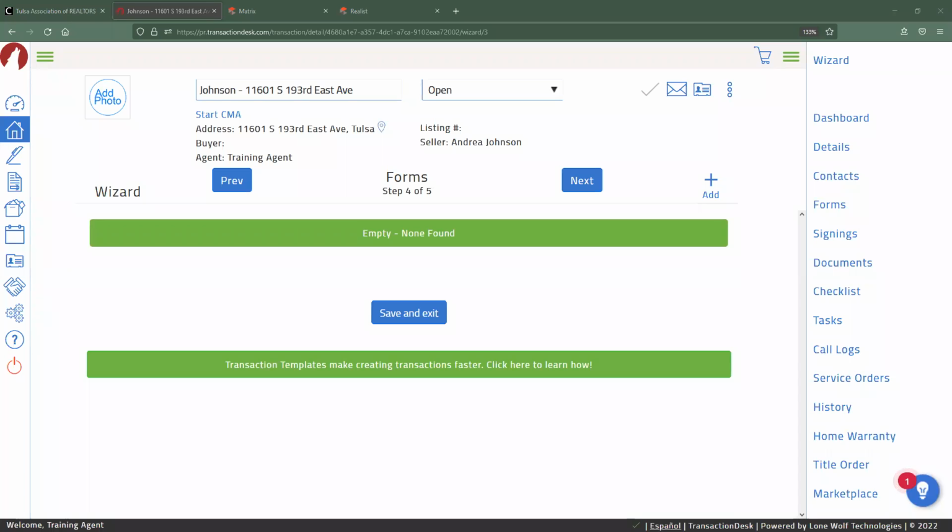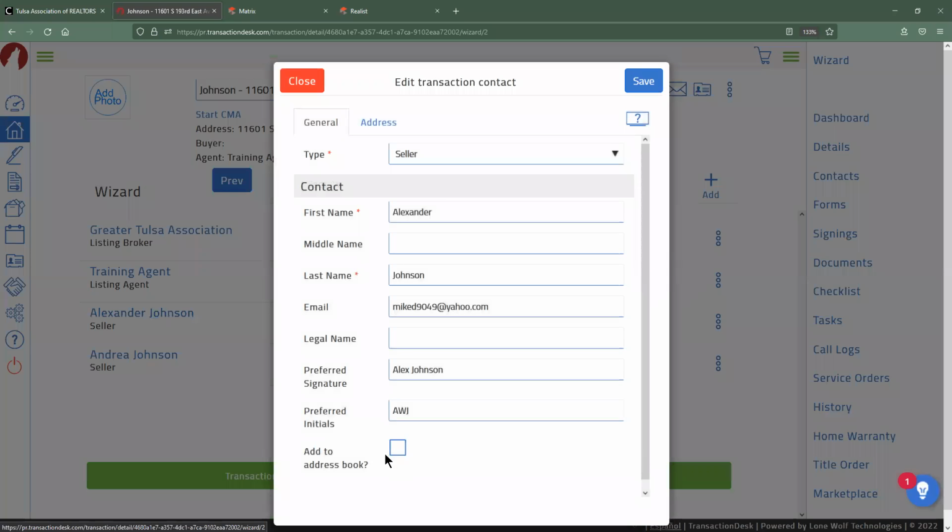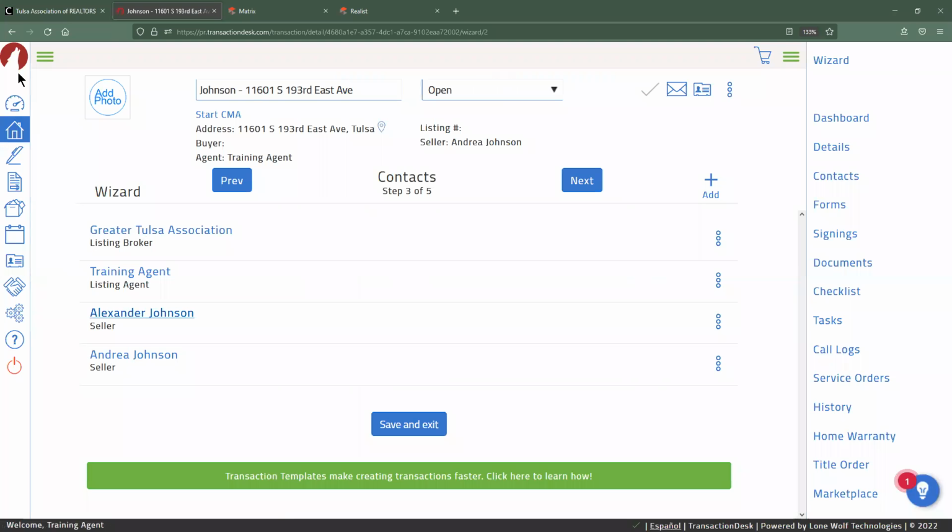Thanks. So why are we unchecking the add to address book? Why are you recommending that? Oh, just if you guys are following along. If you guys are doing this in real life, it's always best to make sure that that add to address book option is chosen. And will that populate across the MLS or just in transaction desk? Just in transaction desk. In fact, over on the left-hand side is the complete address book that shows all of your contacts that you've created in transaction desk. Thank you. Yeah, that's a good question.